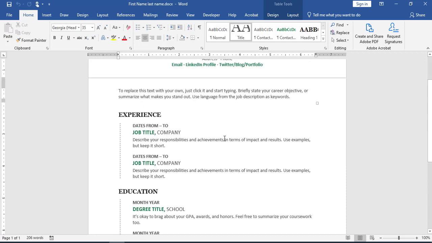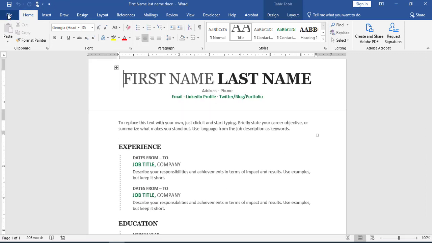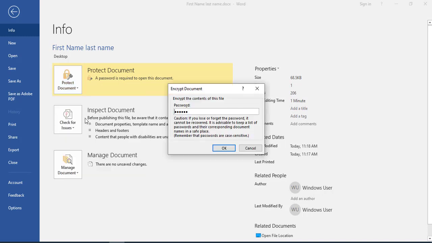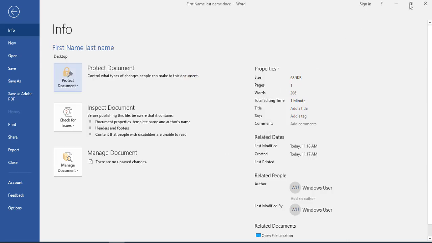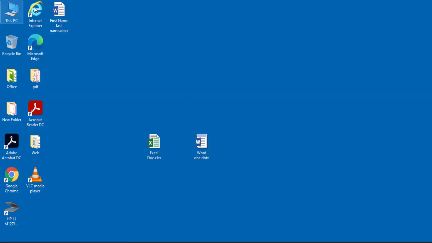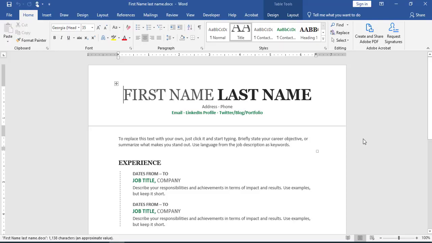Now, in order to remove the password, click on File. In Protect Document, click on the drop-down menu, Encrypt with Password, and just delete the password. Click OK. You must save it. And now there's no